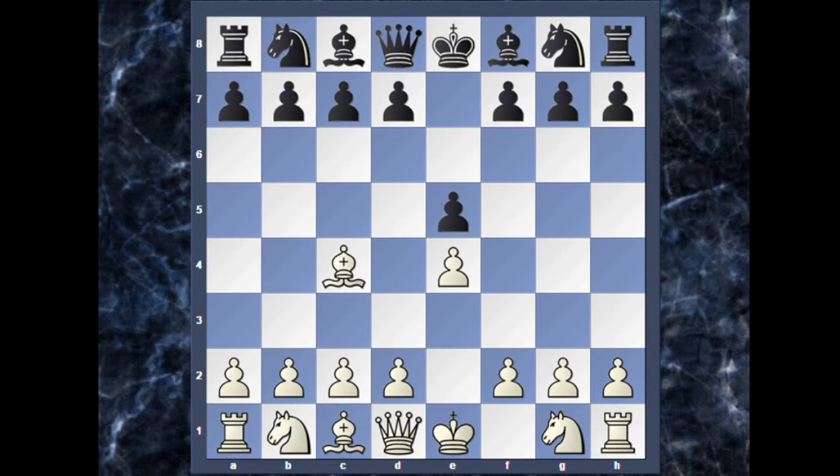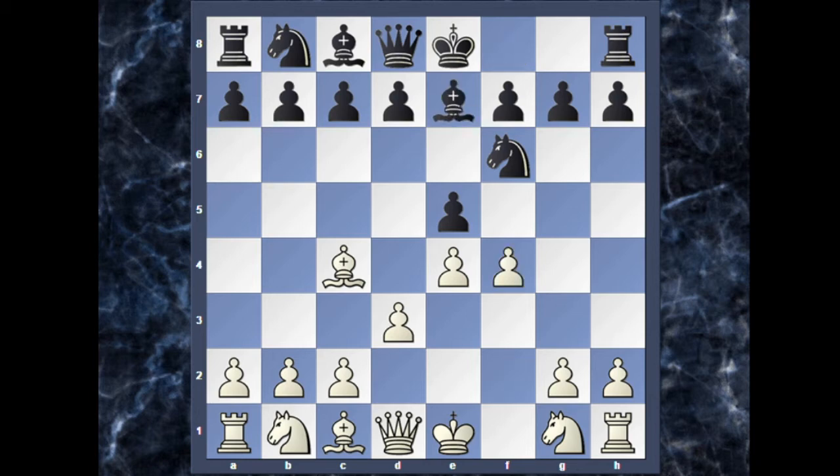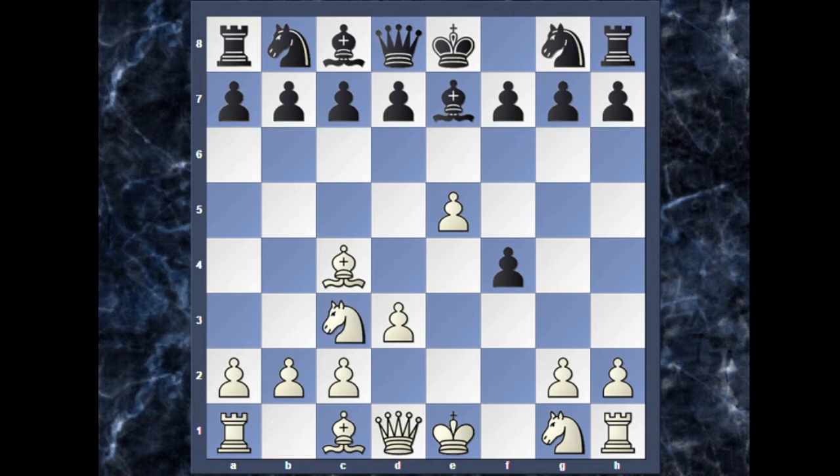So let's see another move: what happens if, instead of bishop to c5, black plays knight to f6. So now white continues with the move d3, black continues with bishop to e7, f4, e captures on f4, e5. No good square for the knight, so it returns back to g8, knight to c3, d6, bishop captures on